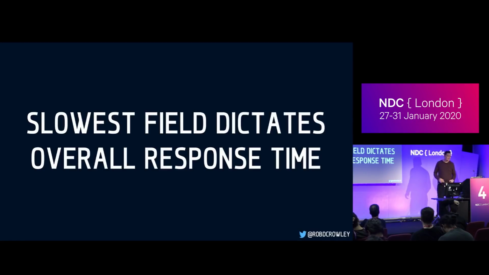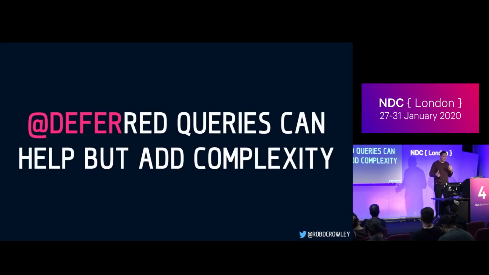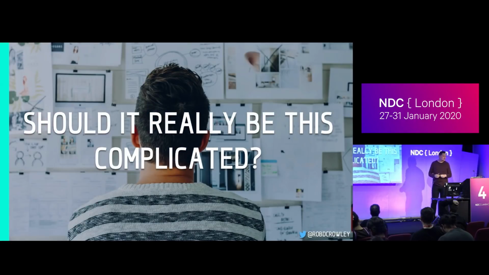The community thought, okay, what happens if I could mark certain elements as being deferred, which could then be sent back to the client as an HTTP patch, and then the server could look at all of those items and finally stitch them up. It adds a lot of complexity, and what we should really be thinking at this stage is, should it really be this complicated? Where's that simplicity that we really want,